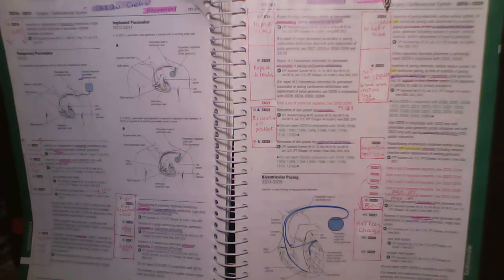33224 in the upper right hand corner of 189, when they came in, they were hooked up in the right atrium or the right ventricle or both, and when they left, they were hooked up to those same chambers, and in addition to left ventricular. So here's one of our left ventricular codes. All right? And this is for a pacemaker or a pacing cardioverter defibrillator. Now 33225,